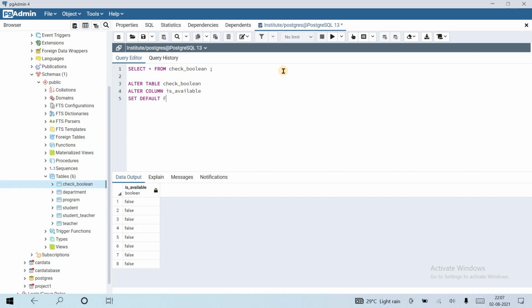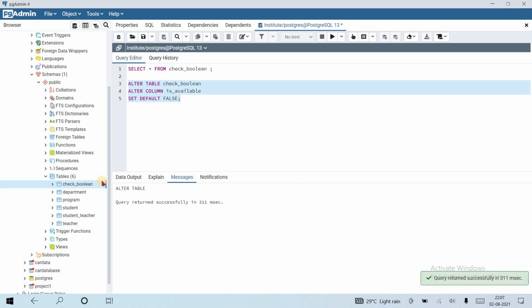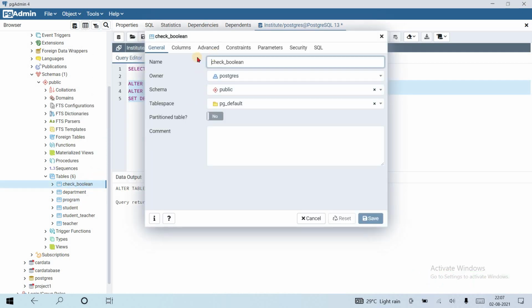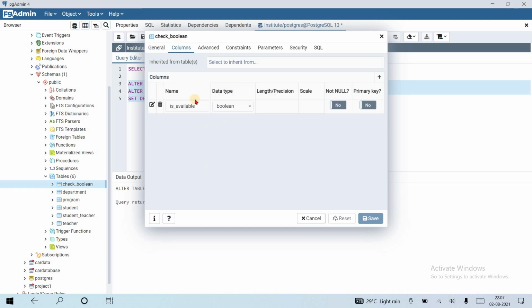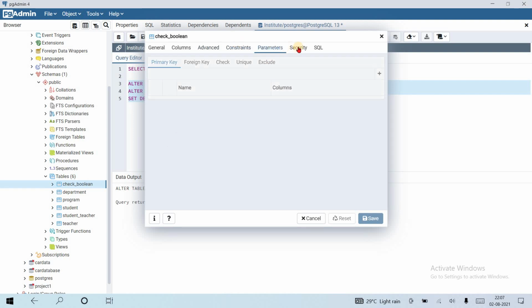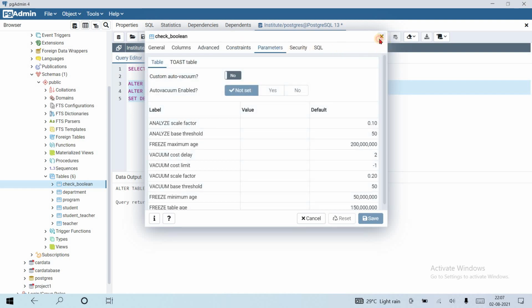If I run this query, the default value for the column is set. If I go into properties and columns, the default value is shown there.